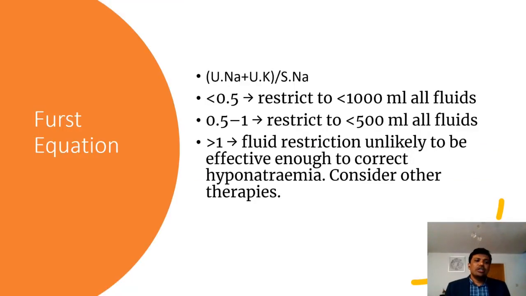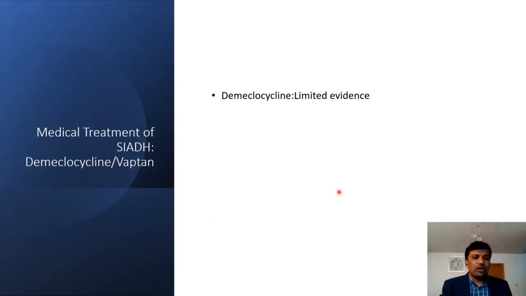First equation is actually you calculate, you already got the urine sodium, you add urine potassium to it, and divide it by serum sodium. And you can see that from this ratio, if it is less than 0.5, you need to restrict to less than 1 liter, and between 0.5 and 1, you need to restrict to less than 500. And if the first equation is more than 1, it's very unlikely they will benefit from fluid restriction. So they might need other treatment,